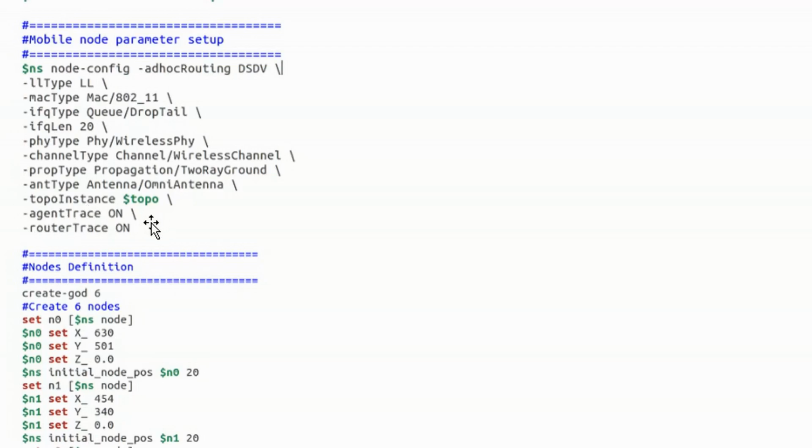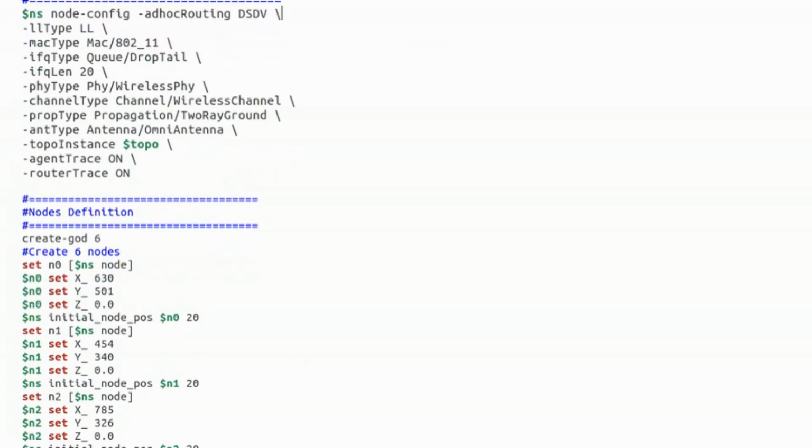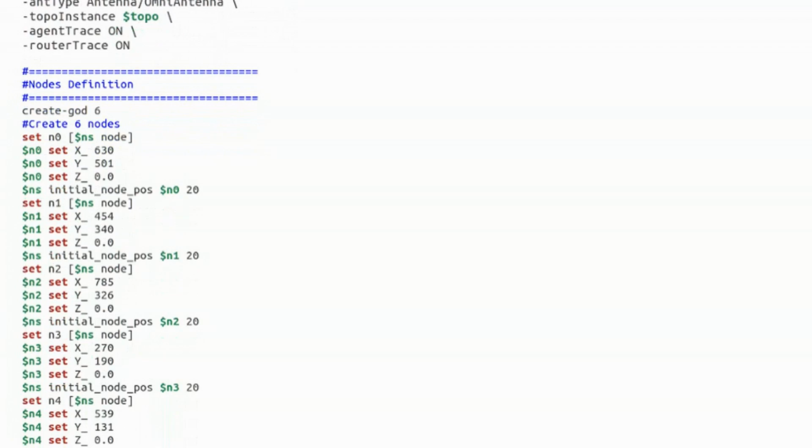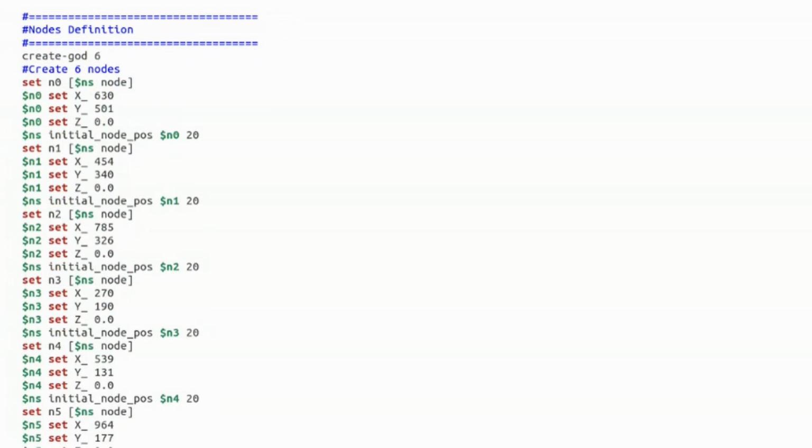In the trace file you will see these things, agent and router, we'll see the logs for both of them. So I'm keeping both the traces ON here. So here I have defined all the parameters. Okay, so that is done. Now I need to define my nodes, meaning the node parameters are done.